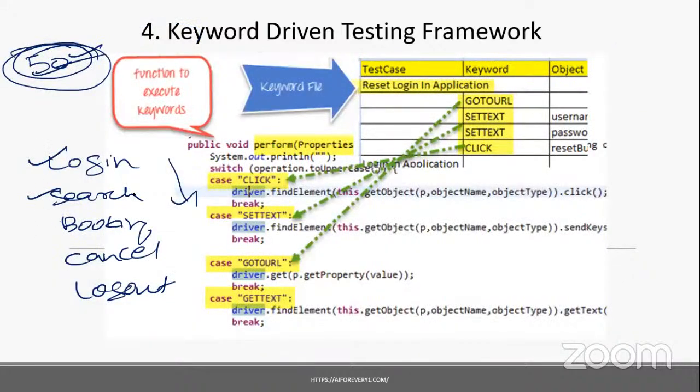For example, tomorrow you want to create a new test case. That flow is login, search, cancel, log out: 1, 2, 3, 4. Since all the 50 are already created, in the Excel sheet you should use these keywords. The developer will tell you the list of keywords you have to use. So properly use the keywords and give the test data. It means if you have a very good understanding of the application, you can work in the keyword driven framework.